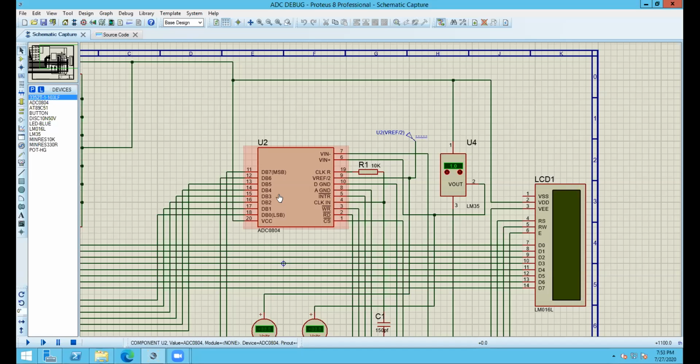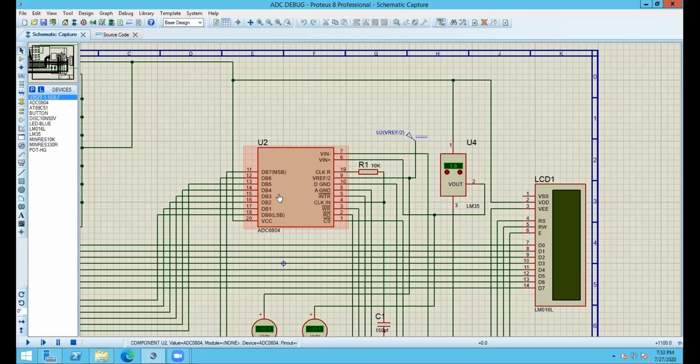So for the ADC as well, there is a sequential job required, because in the back end, we all know that there are converters, there are logics. Some ladder logic was there, the R-2R ladder network, to convert any value from analog to digital or digital to analog. So for that purpose, we need a clock pulse, and this IC has an internal clock pulse. To activate that internal clock, we need to put a 10K resistance in between pin 19 and pin 4. Those are the clock out and clock in pins of that ADC 0804 IC.